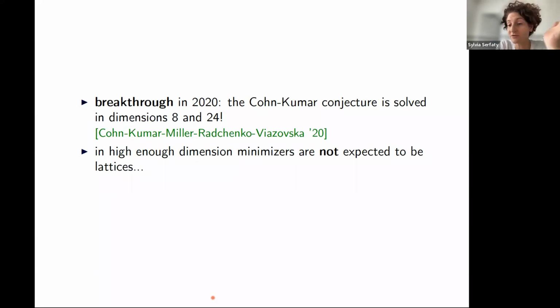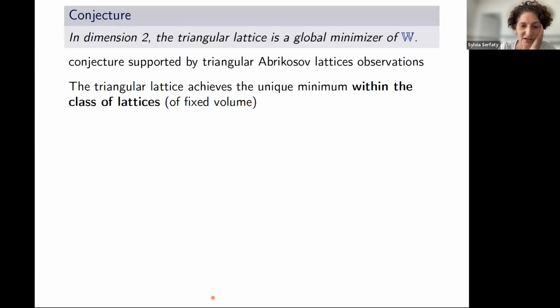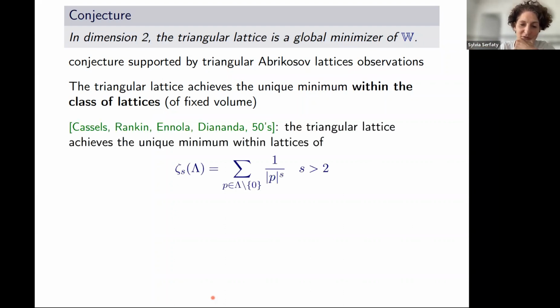Okay, so that's if you're interested in dimensions 2, 8, and 24. And if you're interested in other dimensions, sadly, there is no such conjecture. In fact, even in large dimensions, you don't think that minimizers will be lattices. There should not be. And so we're left with this conjecture in dimension 2 that the triangular lattice is the global minimizer. In that dimension 2, there is a partial result, which is that it's the minimizer among lattices of fixed volume. That's an old result from the 50s